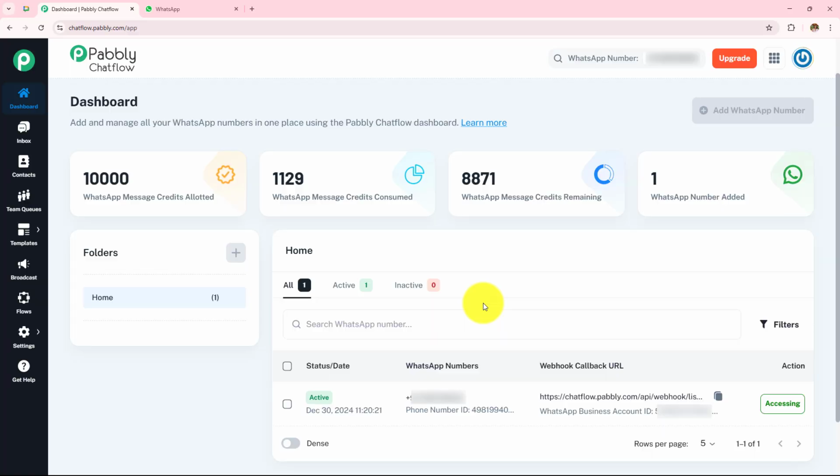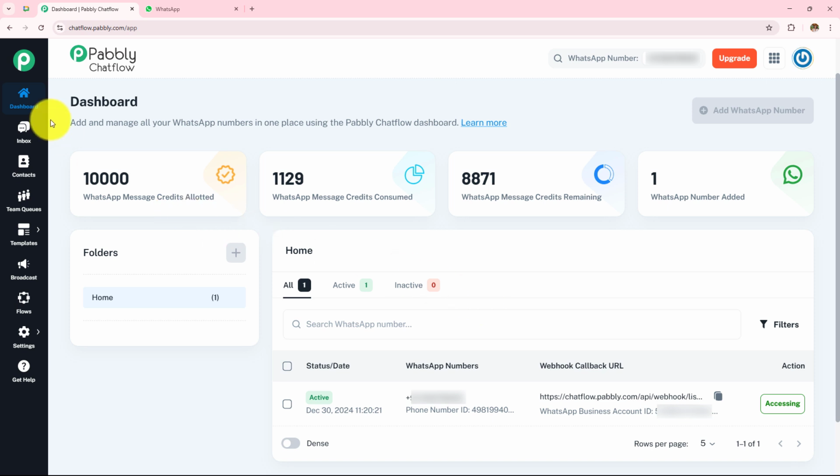In this video, we are going to learn how to create a chatbot under Pabbly Chatflow. So Chatbot is a powerful no-code automation tool that allows businesses to create AI-driven chatbots for customer support, lead generation, and more. It helps automate repetitive tasks, improving efficiency and response time by offering 24/7 support. It enhances customer experience and boosts engagement, and it is important because it saves time, reduces human error, and allows businesses to focus on growth.